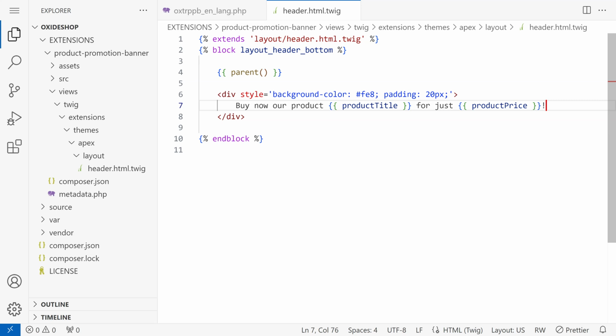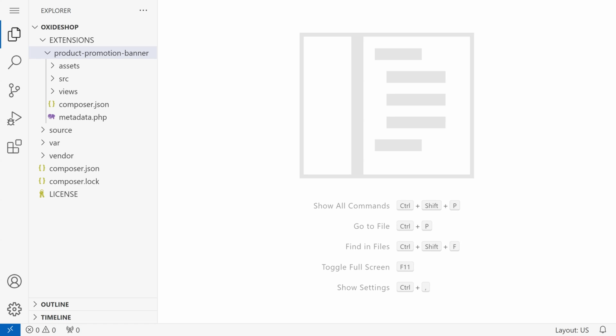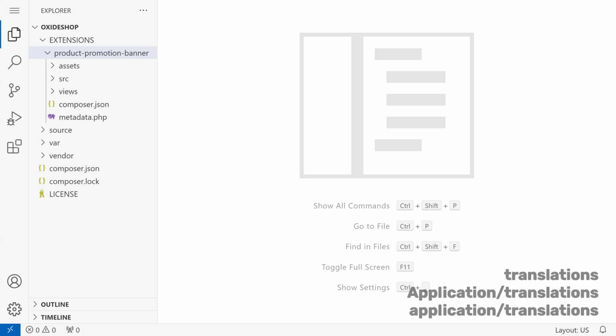Translations are added with two key features: the translate function in Twig templates and the translation files stored in your module's directory. We start with the files. These must be placed in a specific location within your module, and the files follow a defined naming schema. There are different locations for front-end and administration area translations. We need front-end translation in our example and therefore have the possibilities of directories translations,